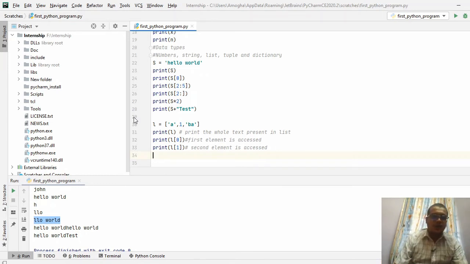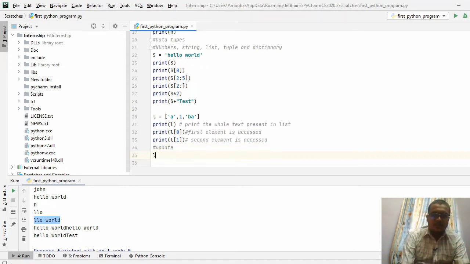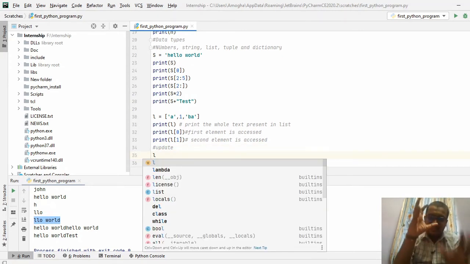You can also update the values. Update means, see, at the very first position A is there in this list; removing the A and adding a newer value is called an updation. So you can update the list. The list is going to be accessed first.